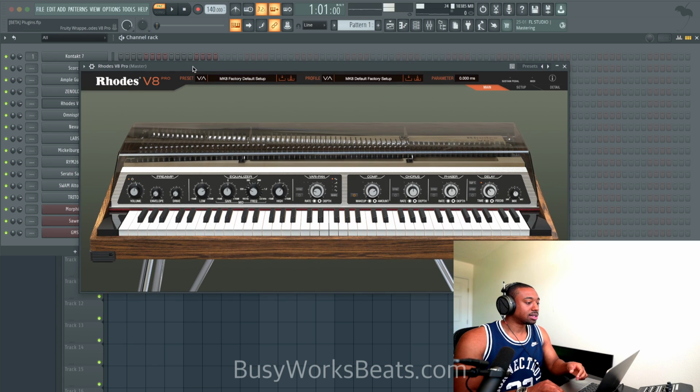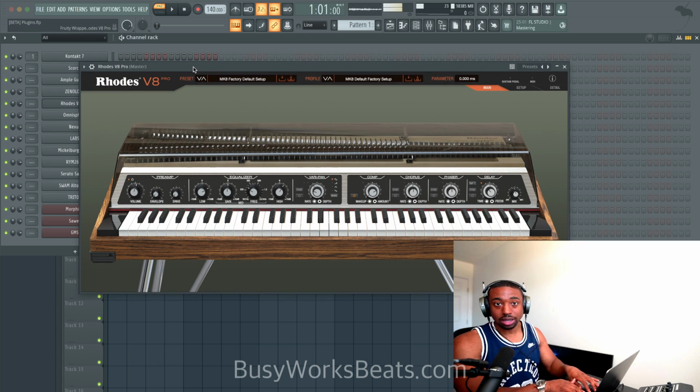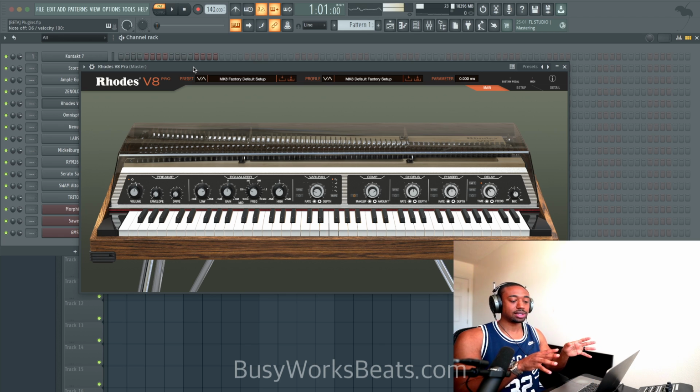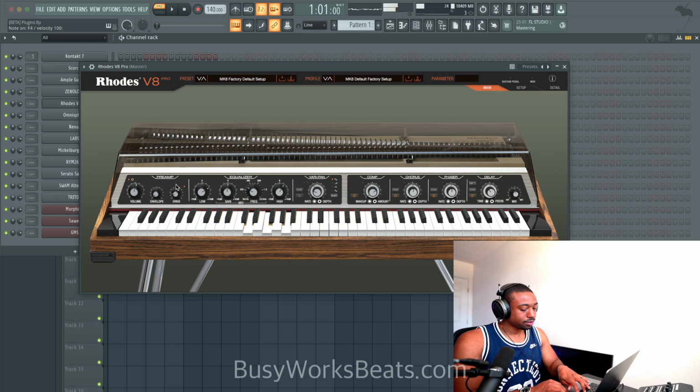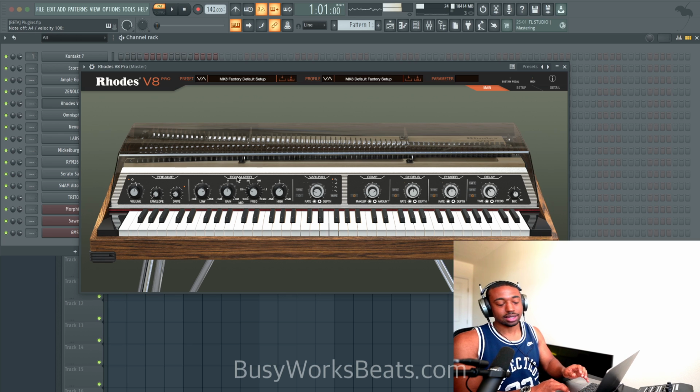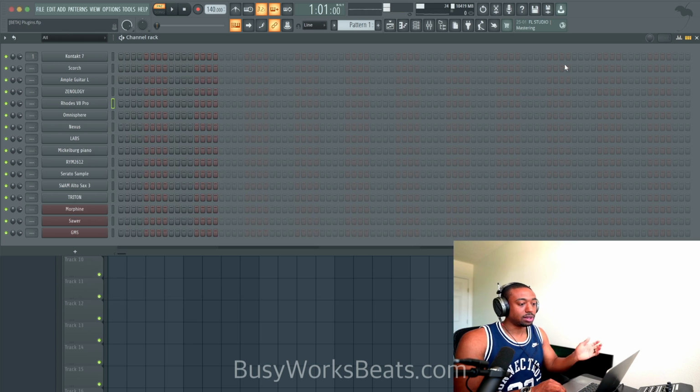The next plugin is a company that just built their own plugin. It's called Rhodes V8 Pro. So everybody tries to emulate the Rhodes piano. Well, Rhodes was like, okay, we'll one up you. We'll give you our actual sound. So there's so many things. We made a SZA type beat using this some time ago, but it can sound insane. Again, I don't have my MIDI controller plugged up. You can get a ton of sounds out of this when you really use that preamp and velocity. I just don't have my MIDI controller plugged up.